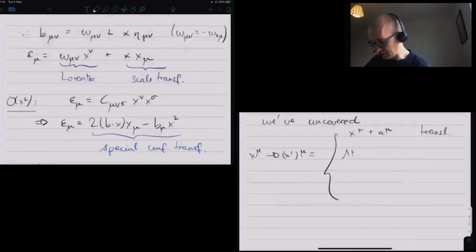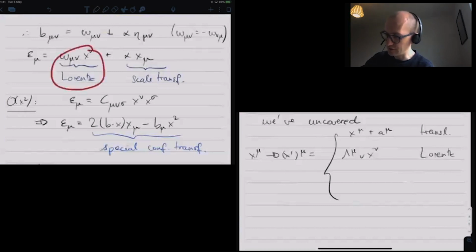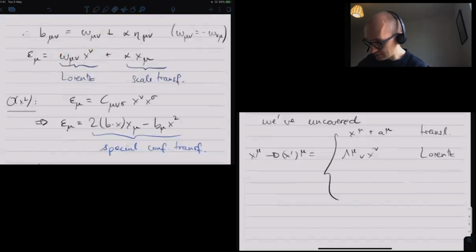We have lambda mu nu x nu, which is Lorentz. I'm writing, by the way, already the finite forms of these transformations; we have written down the infinitesimal ones here. We have something like lambda times x mu, which is a scale transformation, people also like to call this a dilatation. And then finally, we have the much less obvious finite form of the special conformal transformation, which is x mu